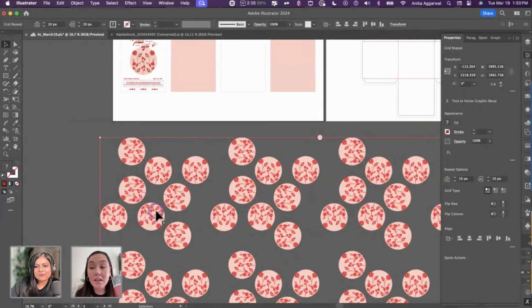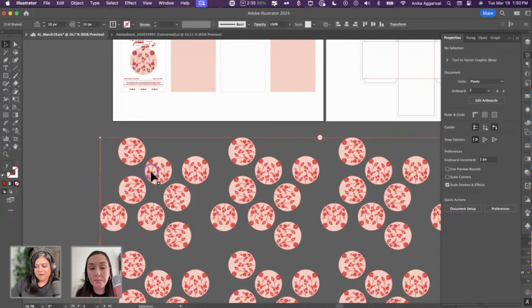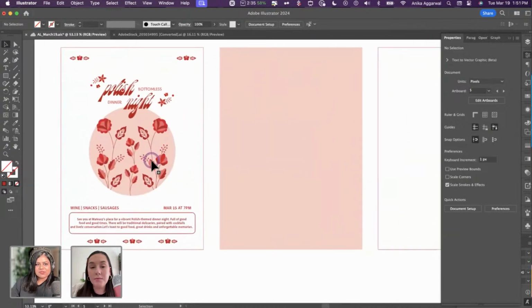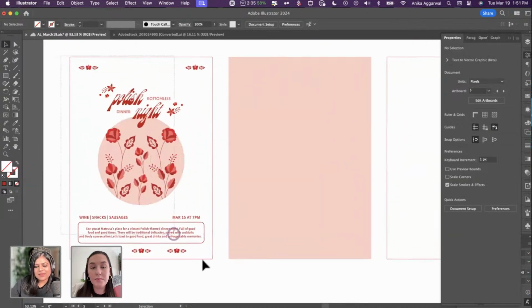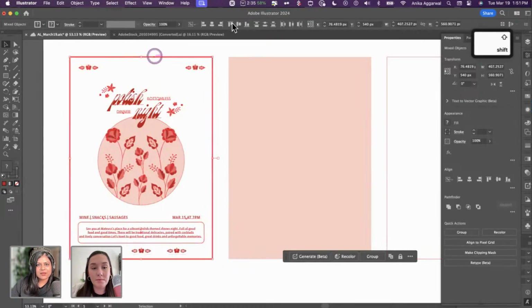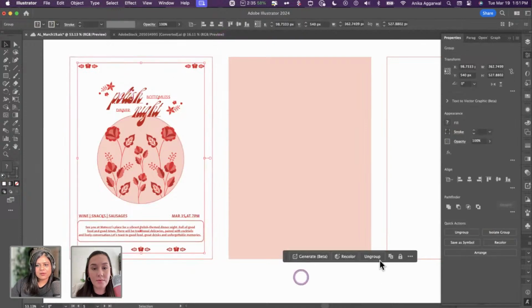So it's like a pattern, but not really, because I feel like good patterns are those where you can't really tell it's a pattern. Right. I really enjoy experimenting with this, because it just helps with the whole thing. But with that said, I feel like this is almost done. So I'm going to group everything, align it to the selection, which is my page, and then ungroup it.